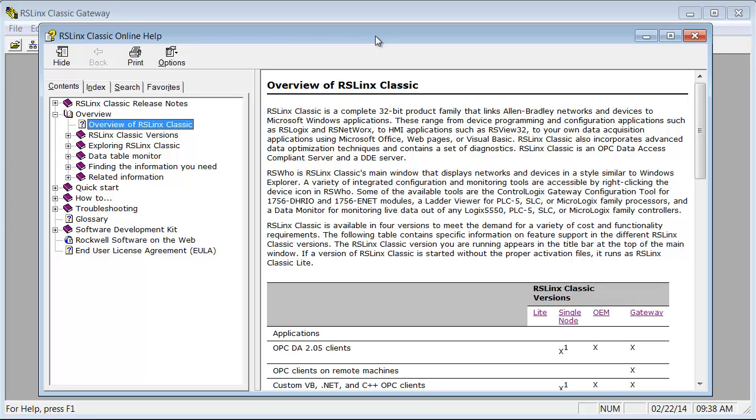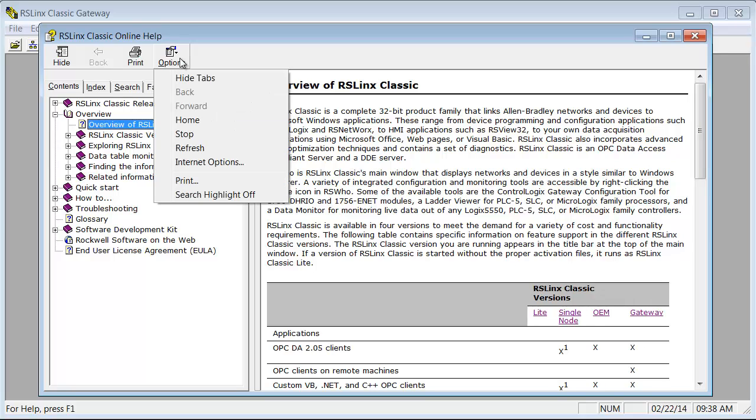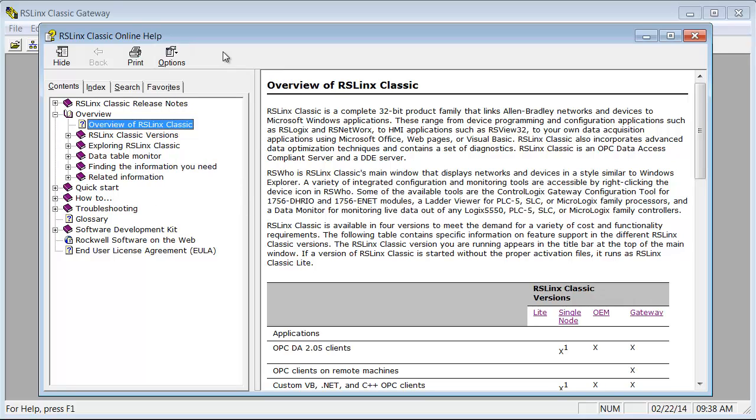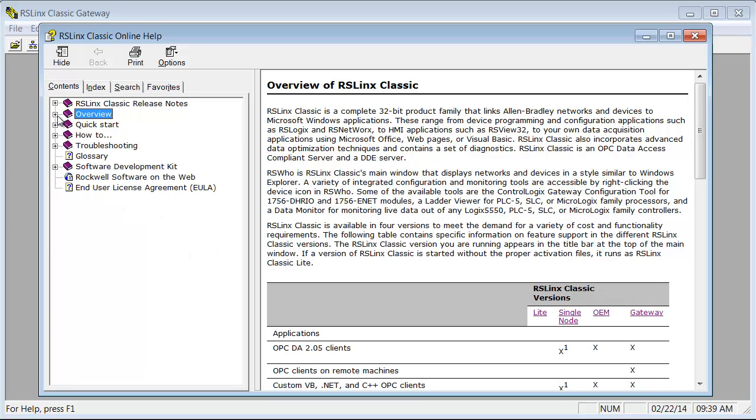Now I'm sure you've seen this format before. Almost without exception, all Windows-based software has some sort of help files that look similar to this. And these are the typical features up here: hide, back, print, or options. If I click on options, you can read them there. I never use options. I use back, and then I use these four tabs. So this is the contents. We'll collapse all of those. We can go to index,